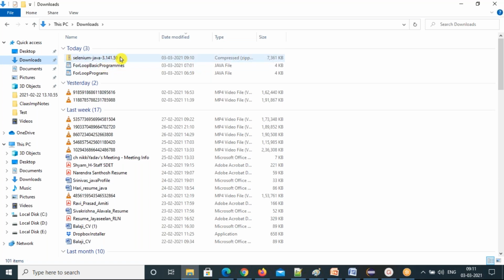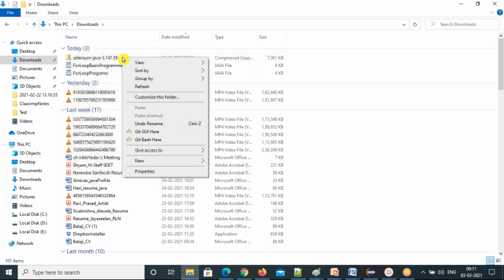Now I don't want this file in this downloads folder. I want to place it in some other location. How can I place it? What we need to do? First you have to create a folder. Then you cut it. Right click, there is an option cut.